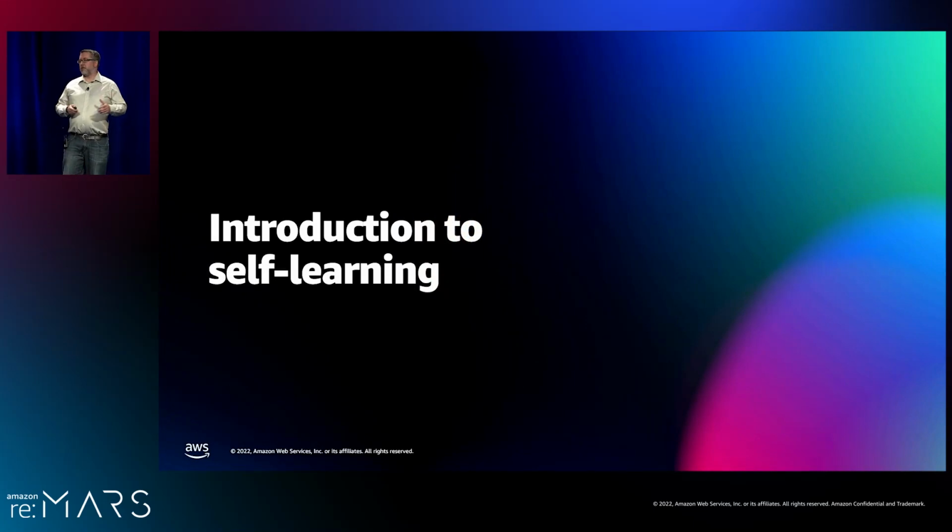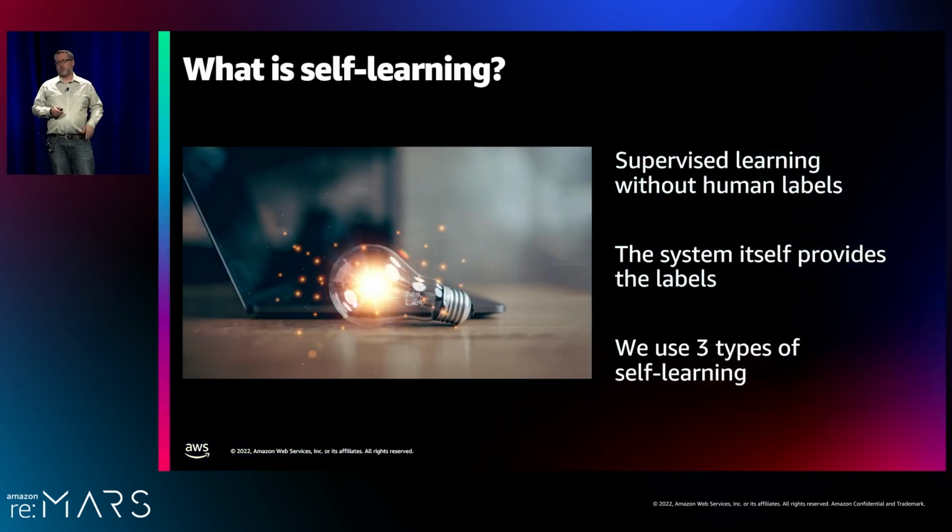So first, I'm going to give you a high-level overview of self-learning with a little bit of details of the types of things that we do in our system, and then I'll get into the system itself. So first off, what is self-learning? Angela kind of described it, but in machine learning, there are two broad approaches, unsupervised learning and supervised learning. So in unsupervised learning, when you're training the model, you don't have to give it a label. You don't have to tell it what the correct answer is, and it can just learn from the structure of the data itself. For example, a clustering algorithm may group things together that are similar.